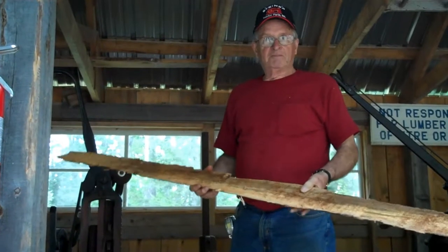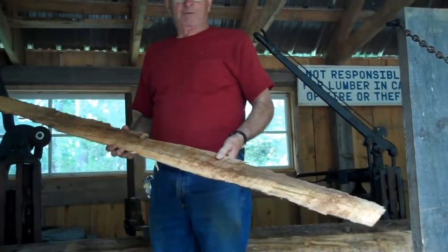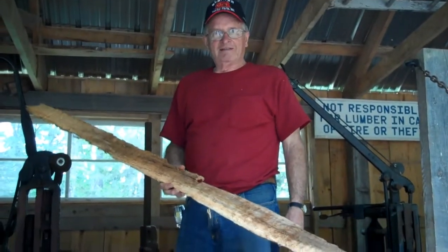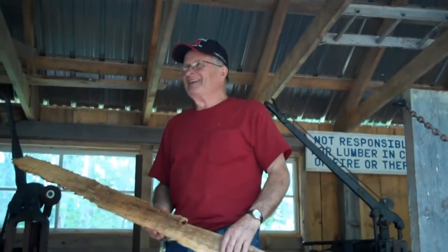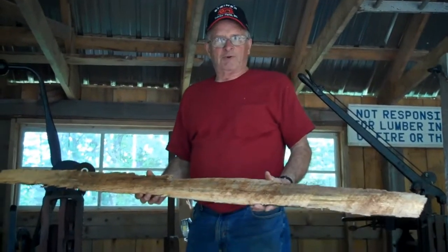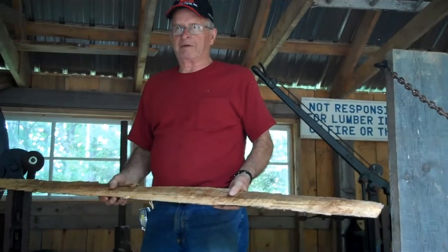So Norris, this is the first cut with the new sawmill. This is the first slab off from a log for the new sawmill. And we were only about an hour getting it cut. Went pretty good. I think that's 1/7 an hour. We're going to put this right on the wall, hang it right up, put a date on it. So we can get a magic marker, we're going to mark it and nail it right